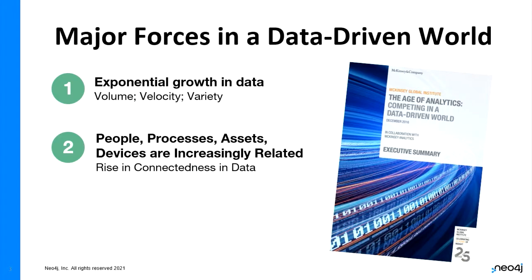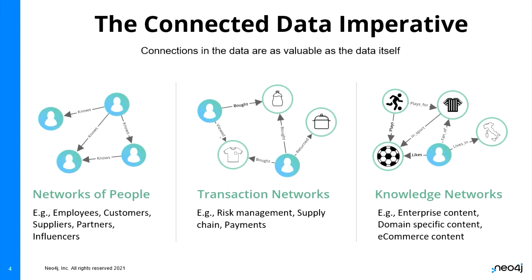There was a study done by McKinsey, and I think they did a version 2.0 of this a few years ago, around succeeding in the age of analytics, and this should be publicly available. You can get access to that. So the connected data imperative, to drill down on this a little bit more, it's not that you just have the data, but it's the relationships between the data that are really key. It's not just raw data that's interesting. It's how that data relates to each other so that you can access the business value that's hidden in that data. So some of those areas would be networks of people, where you've got employees, customers, suppliers, and partners.